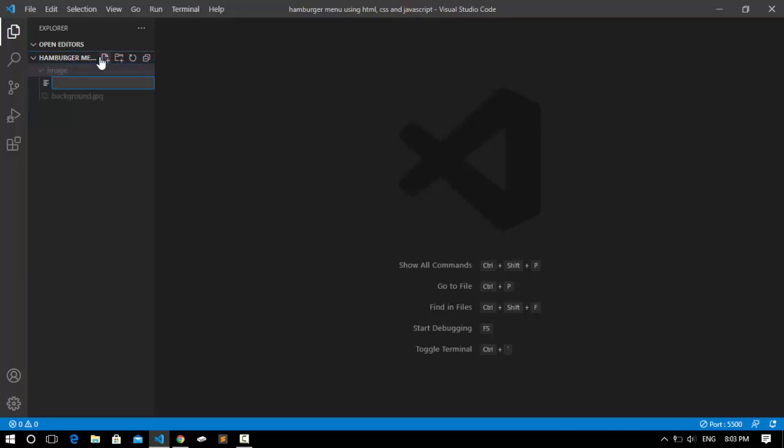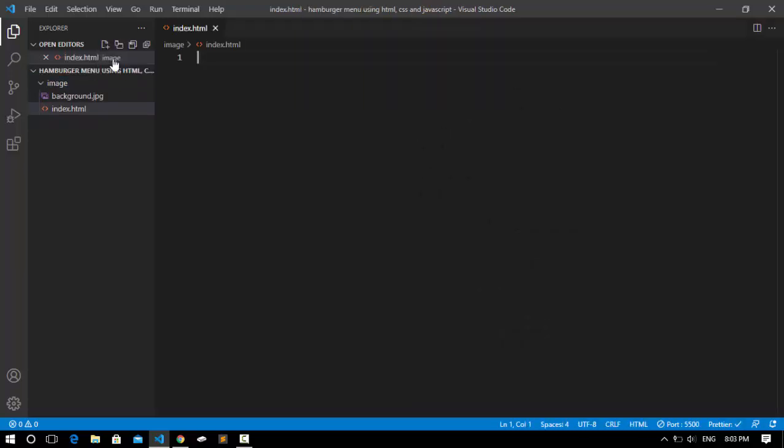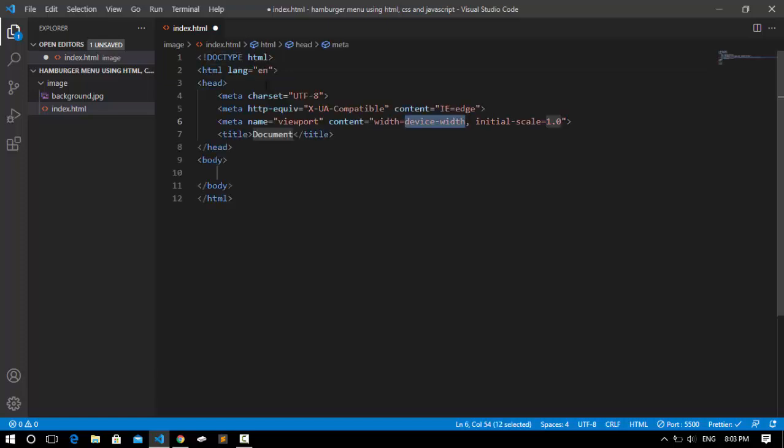The first thing that we're going to do is create an index.html file. Inside this, if you're using Visual Studio, if you just type HTML5 and press enter, it is going to generate this template for you. And here I'm going to change its title to hamburger